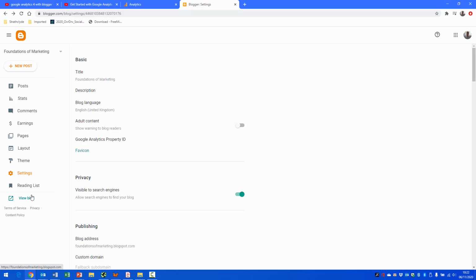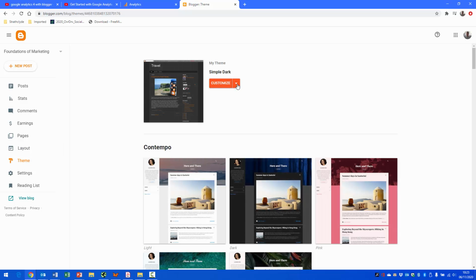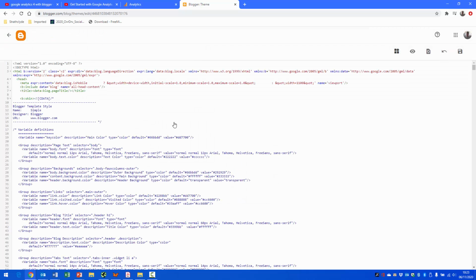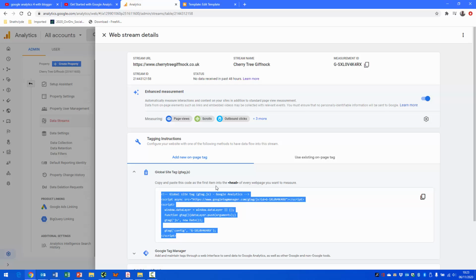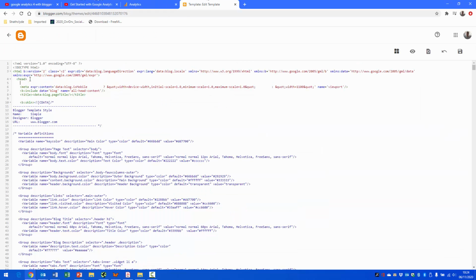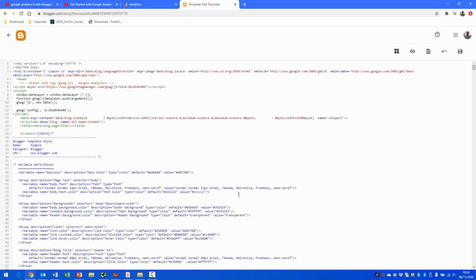So what we would have to do in this sense is we would have to go into theme, then we click on the drop down of customize, click on edit HTML, and then at this section here, at the head section, so if we go into Google Analytics, you can see it says copy and paste the code in the first item into the head of every web page you want to measure. So by pasting that code that I copied in here, and then going up to this corner here and clicking save,